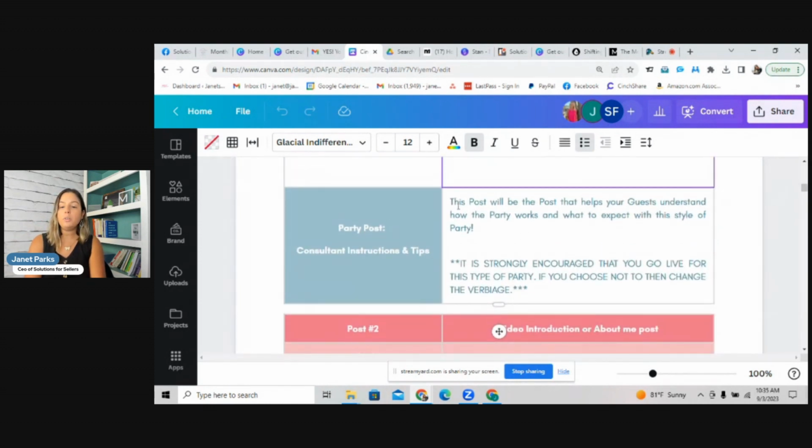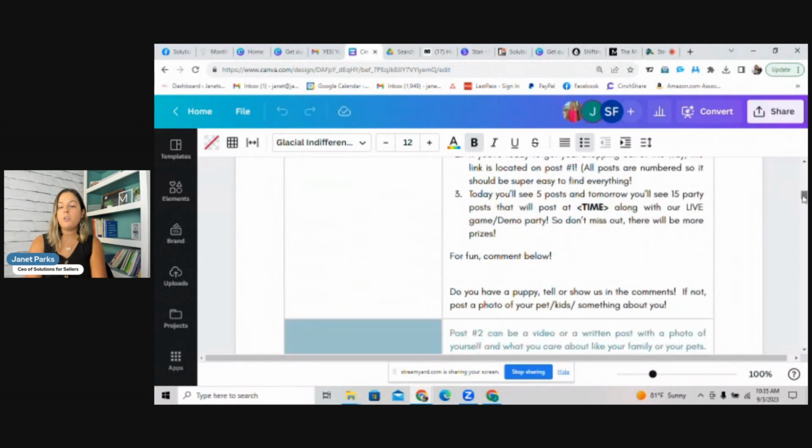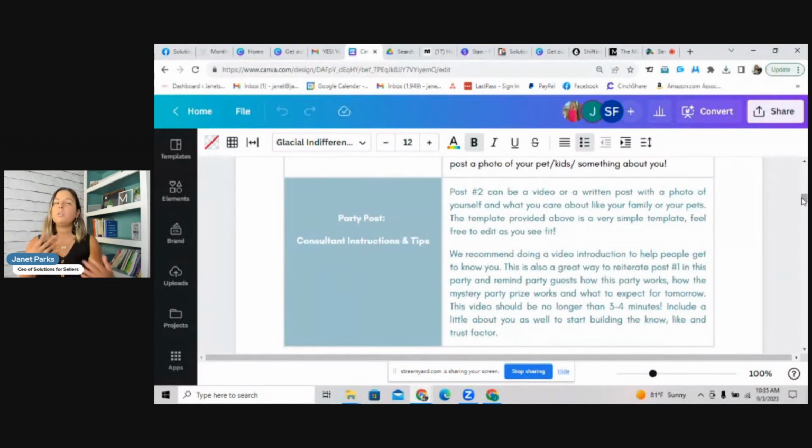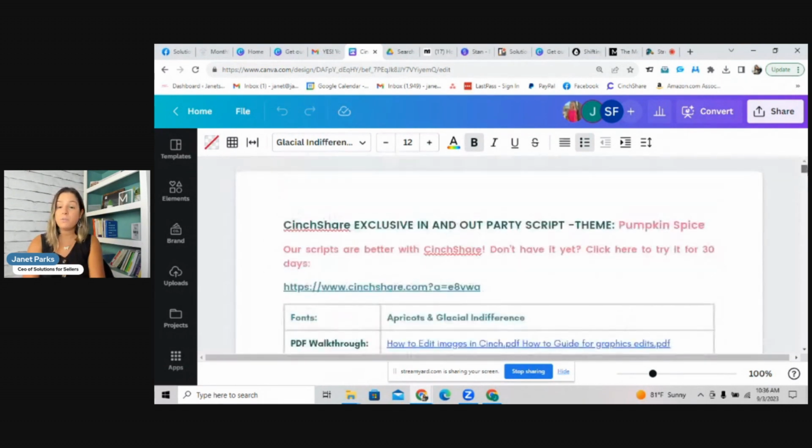Right here in the blue, like a highlighted blue, is where you're going to see instructions for each post, okay? So when you go to each post, if you're reading it and you need some ideas, or you're not really understanding how this game works, if there's a game or anything, we have some step-by-step instructions in the blue here, which is why this document is very, very helpful, and I highly advise you to download it.